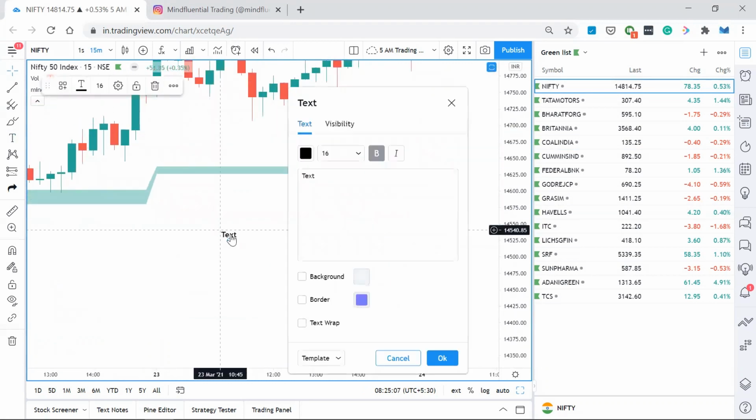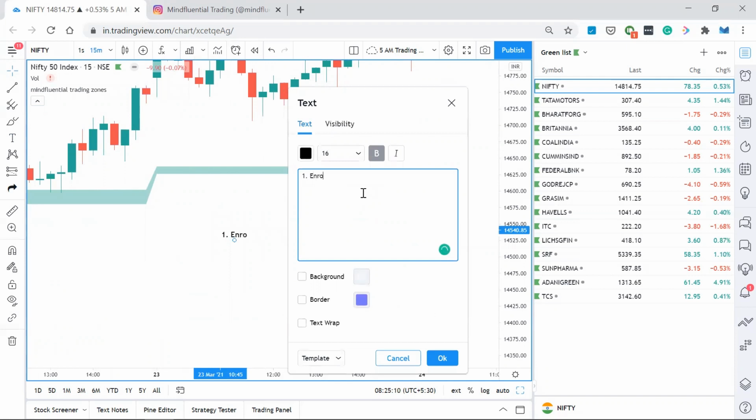One thing is either you enroll for the course and you will get it for 90 days. The second thing, you try it for 15 days, and then if you like it, you can take the subscription. The subscription would be $9.99 per month. If you feel it is worth it, even if you find one good trade, or even a small 2 trades in a month, definitely it's worth it for you. It all depends upon how you use it.